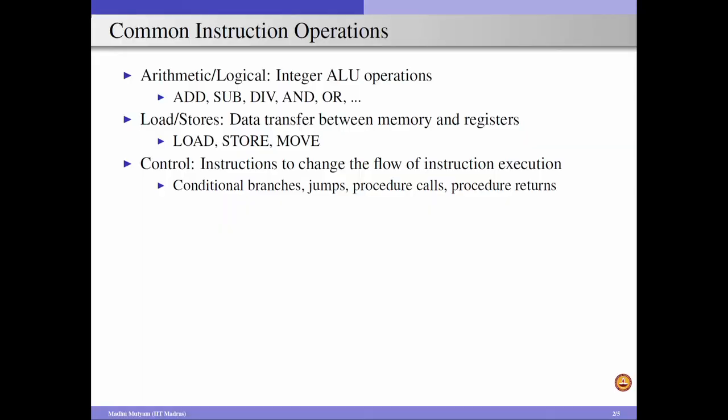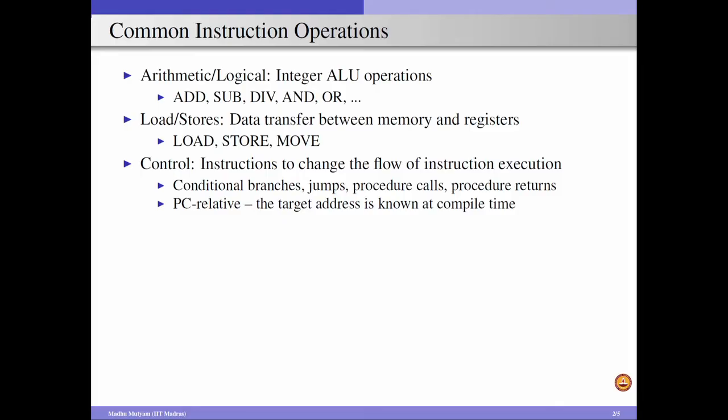And we also require control transfer instructions. These are the instructions which change the flow of execution of instructions in the program. So, these are the conditional branches, jump instructions, procedure calls, procedure returns, and so on. When we are dealing with these control instructions, in the normal flow of execution, after executing one instruction, we execute the next instruction in the sequence. But because of these control transfer instructions, the control goes to a different address which needs to be mentioned